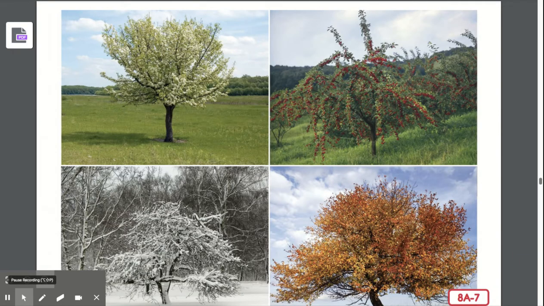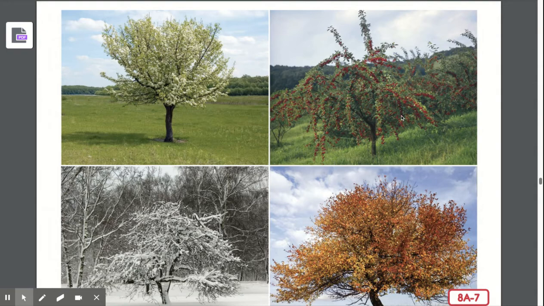This image shows an apple tree in all four seasons. Remember, the apple tree is a deciduous tree because it loses its leaves every year. In the spring, an apple tree is nice to look at with its white blossoms. In the summer, you can climb its branches, sit under the shade of its large green leaves, and admire the apples as they grow